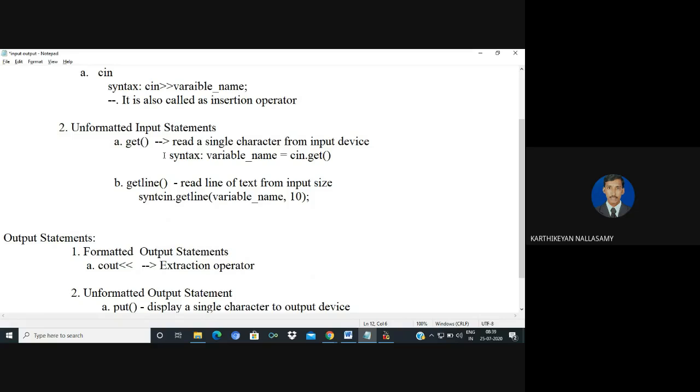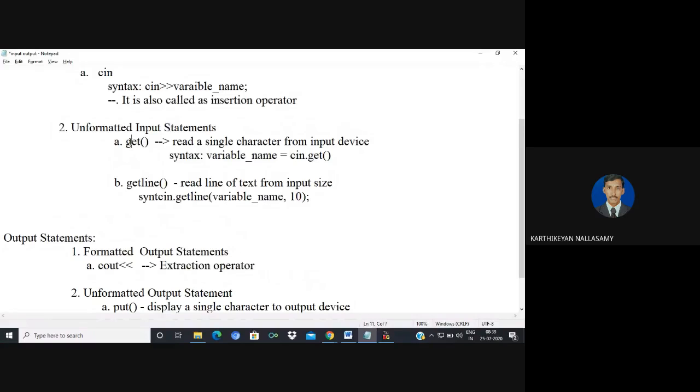I will repeat once again. For get, the purpose is to read one character from an input device. The syntax is variable name equal to cin.get. I told you that this is object oriented programming, so if you want to access anything, we have to use object name dot property name. Here the function name is the property, so we are able to access it with the help of dot.